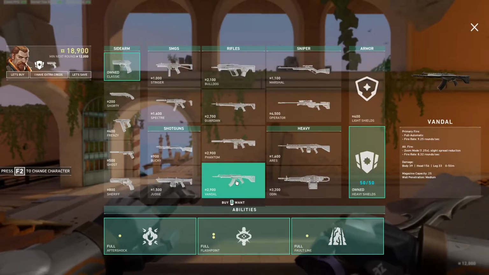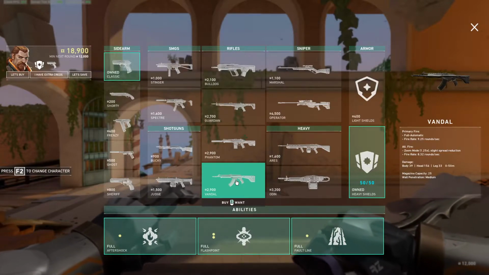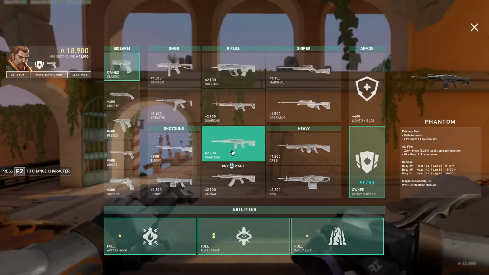The standard fire rate, we're not going to look at ADS fire rates, to be honest, because not many people ADS, and most of the shooting you're going to be doing in this game is going to be from the hip. Yes, you do get a few ADS kills, but you don't often ADS compared to hip fire on this game. So if we look at the fire rate of the Vandal, it's 9.25 rounds per second,